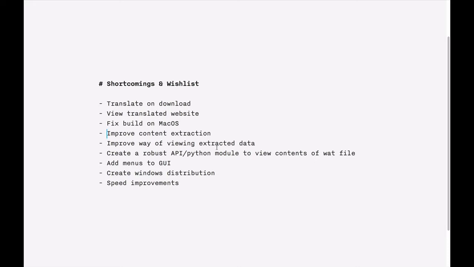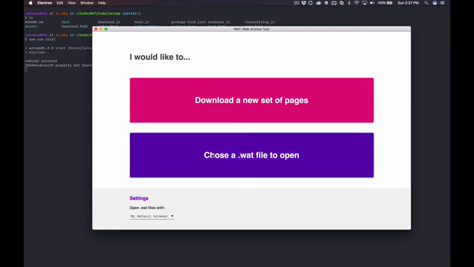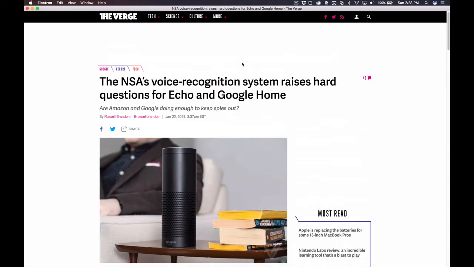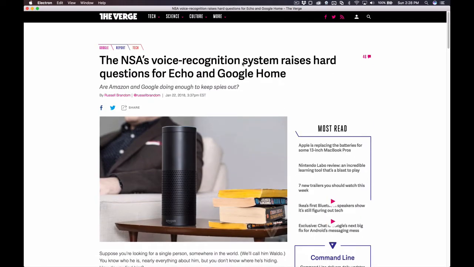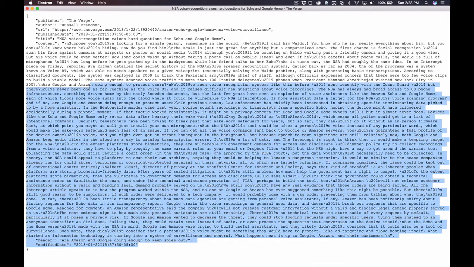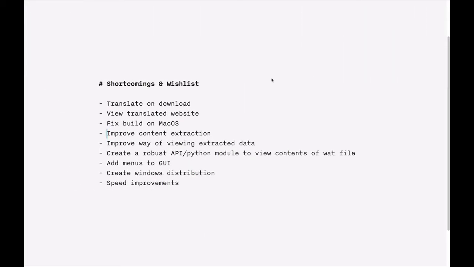After that, a couple of other cosmetic things. Improving the way of viewing the extracted data. Right now, if I go to the application and I open a WAP file, I view a WAP file here. The only way of viewing the extracted content right now is either by unzipping the WAP file and digging through the contents, or if I go here and I press the Alt U command. This is probably good enough, and I can get all the contents from here. But it might be easier to have a different way of making that exportable or extracted. Similarly,